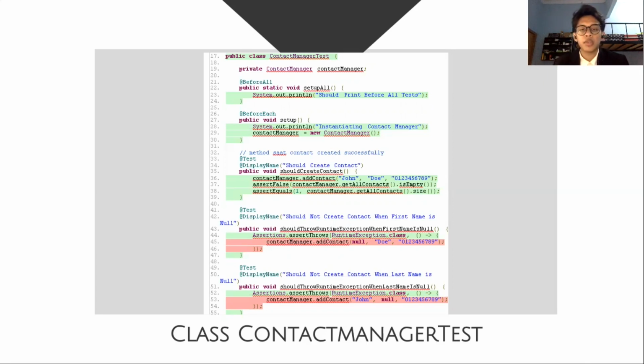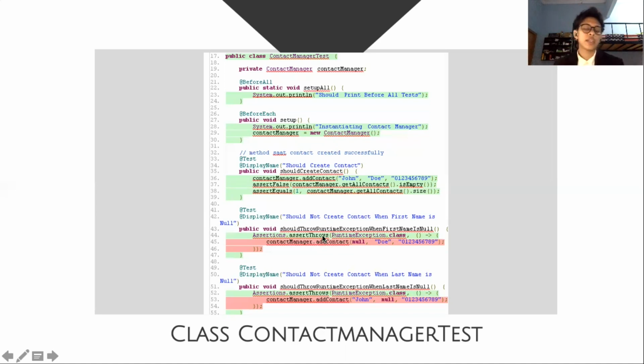We also can retrieve all the contact information through the getAllContacts method. And eventually, as the last step, we are verifying that the result of getAllContacts is not empty and the size of the getAllContacts list is exactly 1 using assert equals. And then we pass 2 arguments for the assert equals. And now we will move to the next method. We are testing an exception using assertThrows right here.